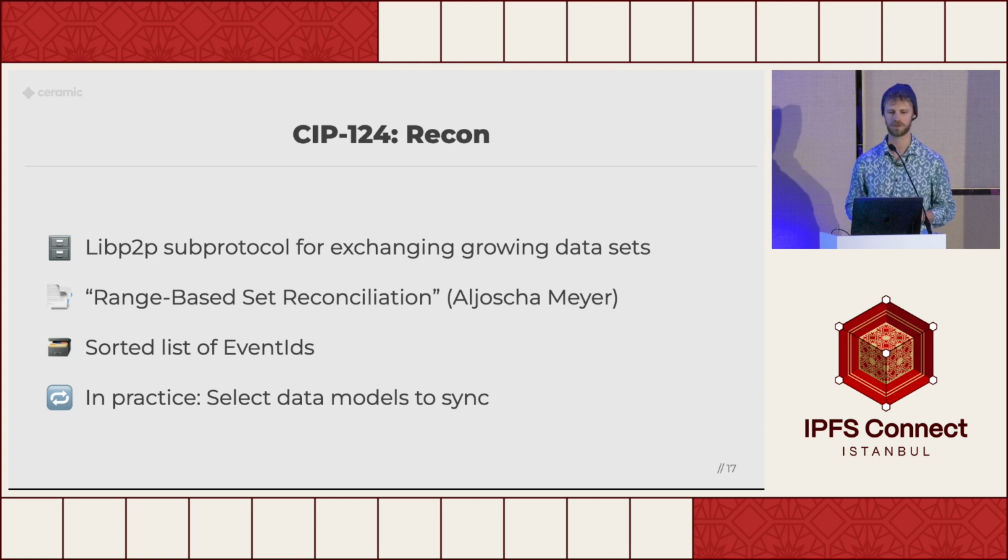This is based on a paper called range-based set reconciliation. It essentially takes the approach of splitting all of the events into an ordered list, and then allowing you to synchronize any subset of that range. And we've implemented this as a sub-protocol for libp2p. This essentially allows us to synchronize any growing set of data that is authenticated in the way that has